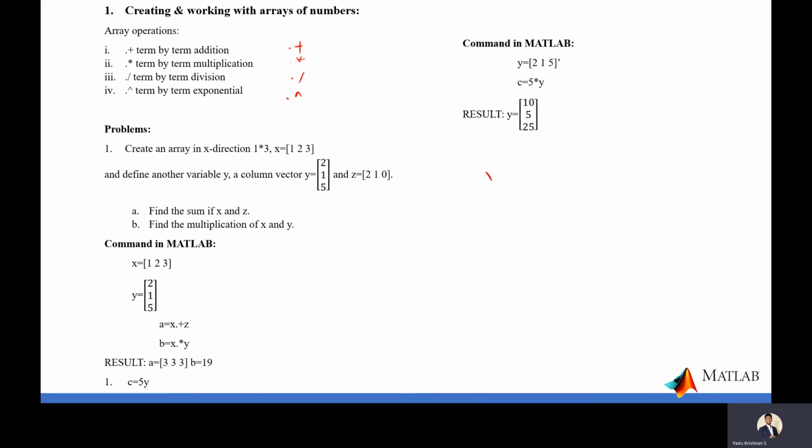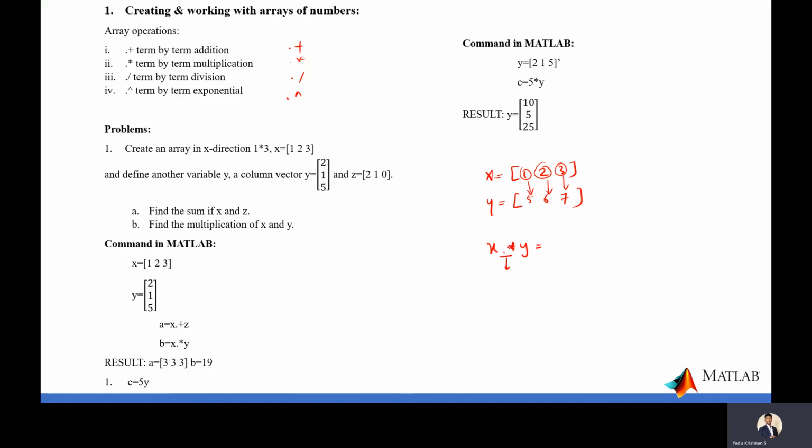For example, x equal to 1, 2, 3 and y is equal to 5, 6, 7. So x plus y, this indicates term by term, that means 1 will be added with the 5 only, 2 will be added with the 6 only, 3 will be added with the 7 only.